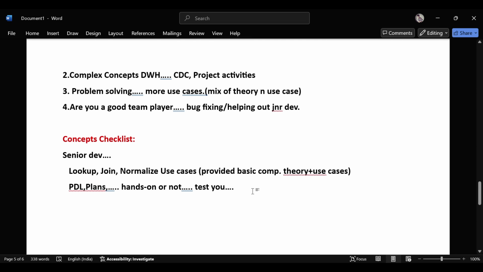So be genuine and tell them which part you have worked in. For example, if you worked only in the Excel component or JSON, you can tell them you haven't been exposed to the plans. That way the recruiter will redirect to your area and ask you other questions.